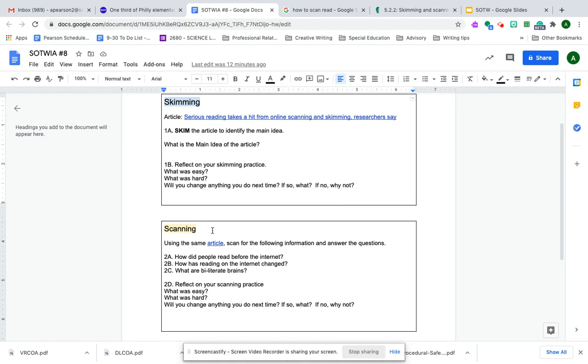Similarly, scanning. So I've got specific information. Remember, scanning is about specific information. So I've got 3 specific questions here for you, and then reflection questions around scanning. So the article is not that long,